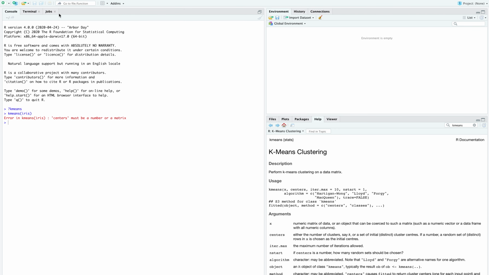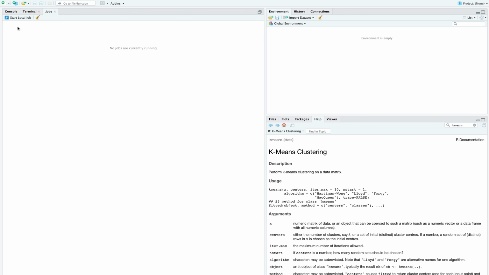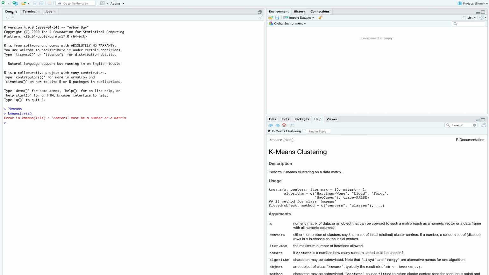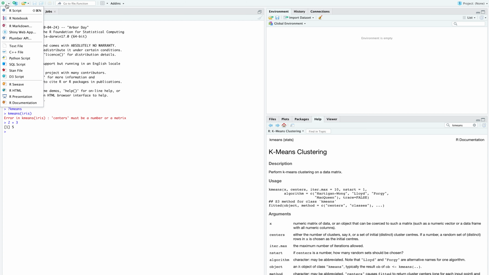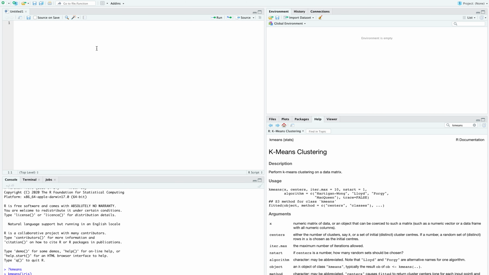While you see this section, it's primarily the console, and it has another thing called terminal, which is your machine's shell, and then you have your jobs, where you can run a local job, for kind of parallel processing. So you can run one job and you can also run multiple jobs. But if you want to create a script, you are not going to run the entire script on the console. Maybe small things like this you might run on the console. If you want to explore something, you might do it on the console. But you always want to start a script, and then you are going to use that script to run all those things.